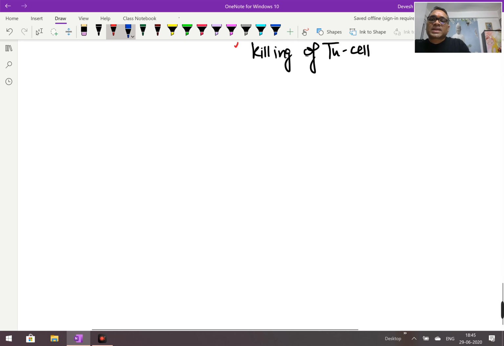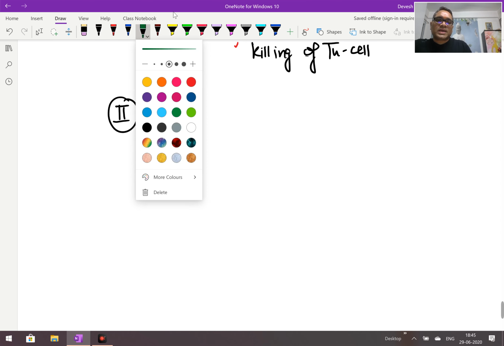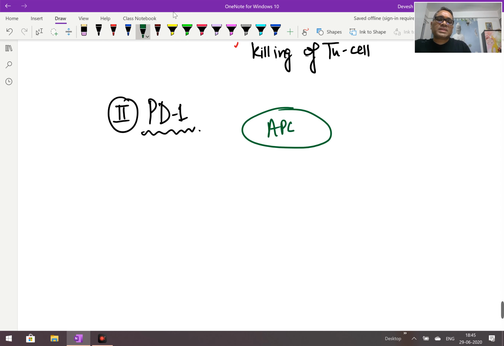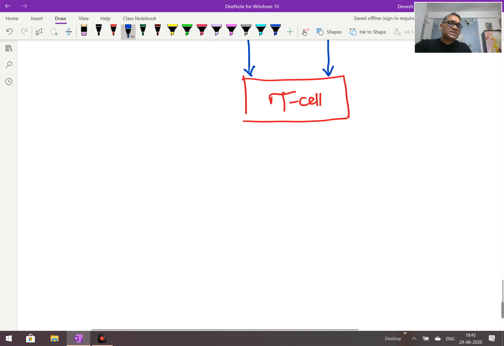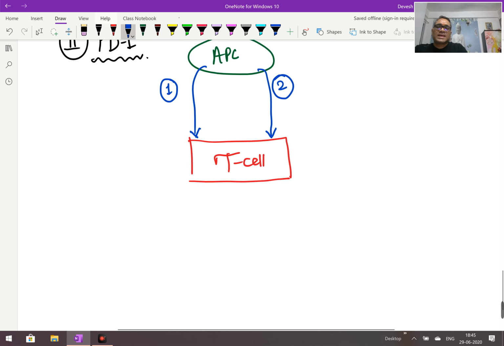Now the second mechanism is PDL1, which is the programmed death 1 receptor mediated mechanism. Again I will tell you what has happened here. There was an antigen presenting cell, and there is an interaction of the antigen presenting cell with the CD8 cytotoxic T cell, right? MHC antigen and T cell receptor has completed signal 1, and there is a co-stimulatory signal, signal 2, which will be activating the T cell. But why is this T cell not activated when this is the cancer antigen?